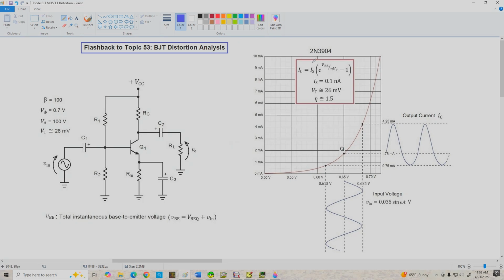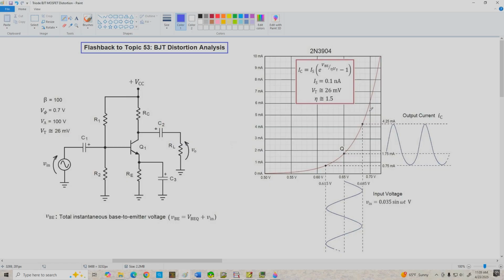Now, of course, most of the time when we're working with a circuit like this, we're not going to be using Shockley's equation. We're just going to make a bunch of approximations, and we'll use parameters like I have shown over here to get a location of our Q point, and we assume it's a linear amplifier and just go from there. But in this particular case, we're really interested in the nonlinearities of this equation,